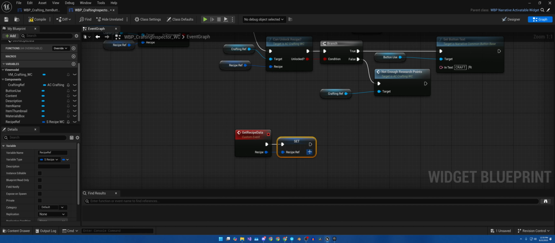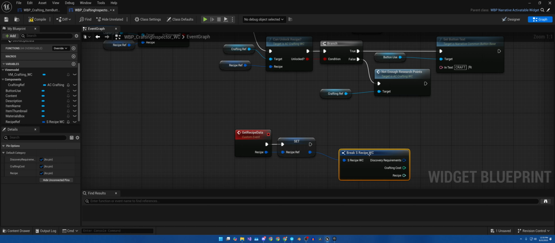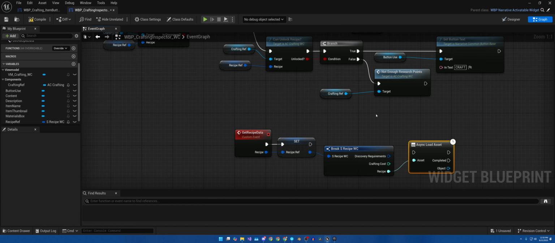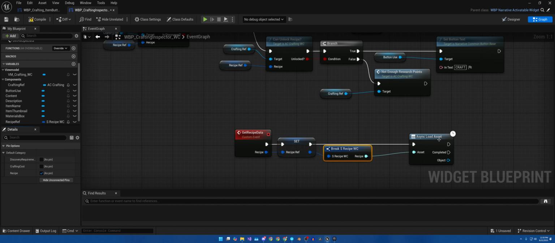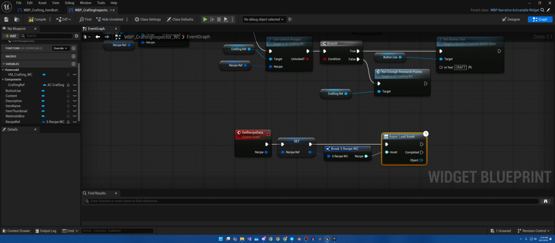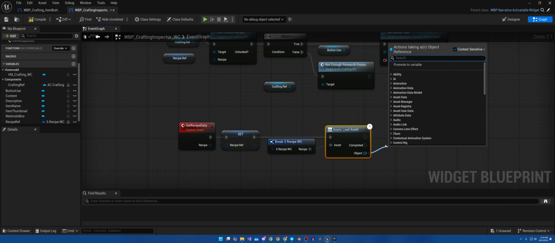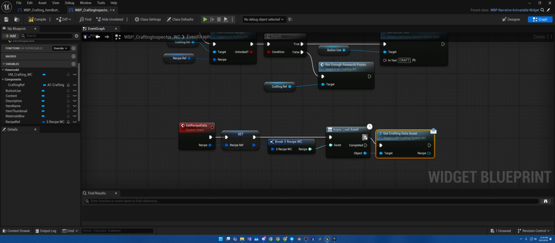At which point we will break to get the recipe, async load asset, hide pins to make it look cleaner. Then out of here, get crafting data asset, remove that from the top pin to the completed pin. At which point we now need